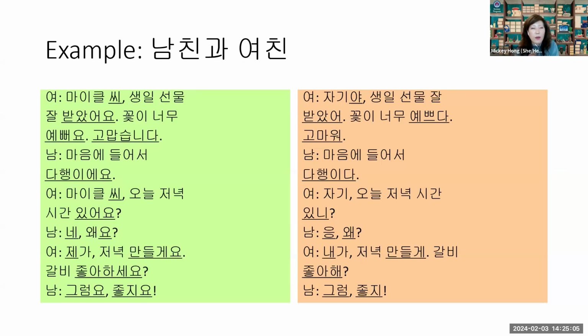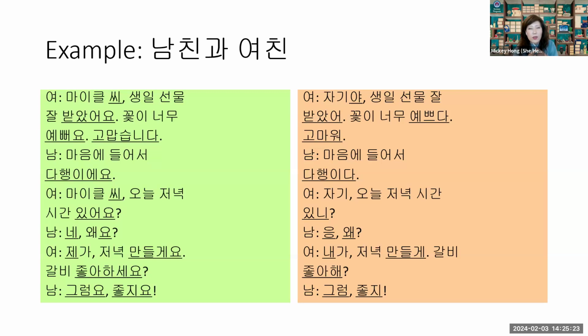그럼요, 좋지요. By the way, 꽃, flower, is a very special word because you can either follow the liaison rule, where the final consonant carries over and I read it as 꽃이, or you can read it as 꽃시. It says 꽃이 너무 예뻐요. That's fine because